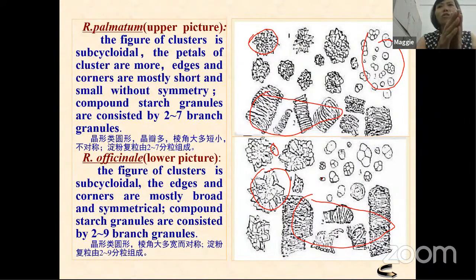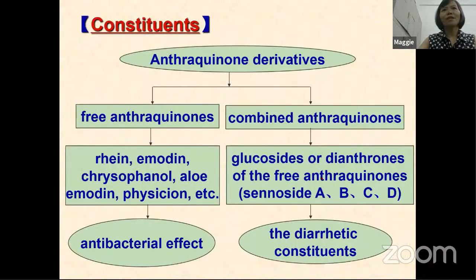It contains mainly 3 kinds of microscopic characters. One is clusters, 2 is vessels, and 3 is compound starch granules. So these are microscopic characters. Next one,